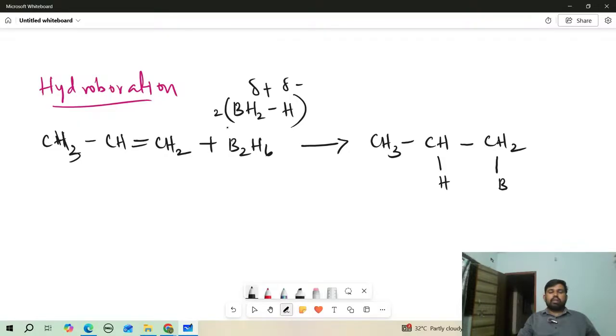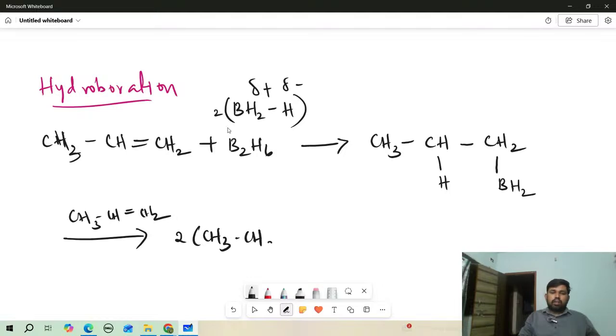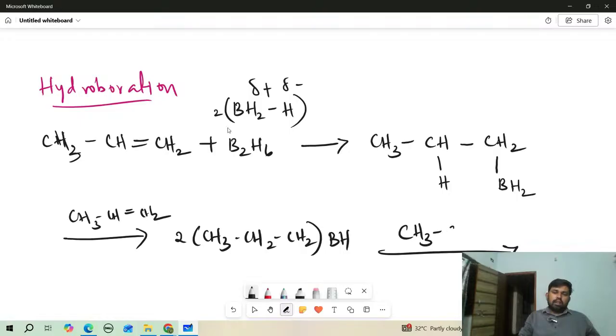Now again, if we are adding one more alkene, CH3 CH double bond CH2, it gives rise to two CH3 CH2 CH2 attached to BH. Again on addition of one more CH3 CH double bond CH2,